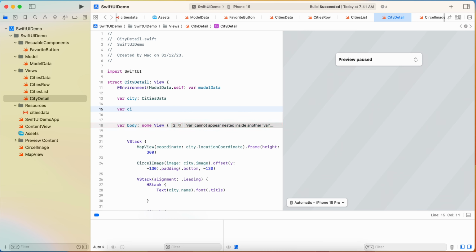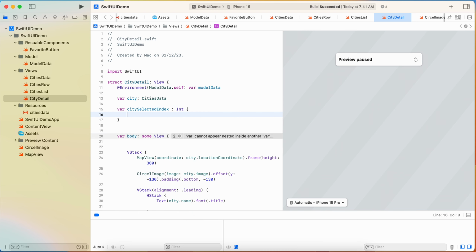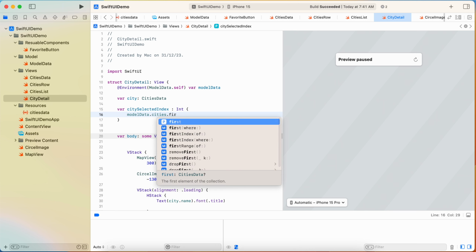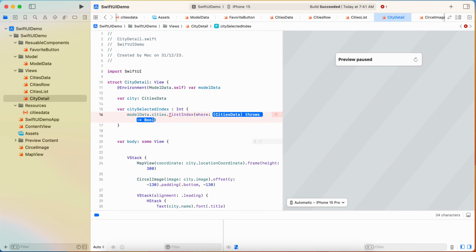So the city selected index, we will use selectedIndex, and it would be an Int variable, right? And then we are going to use modelData.cities.firstIndex, where we will use